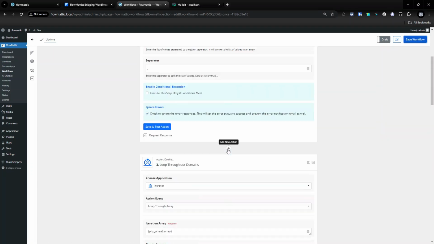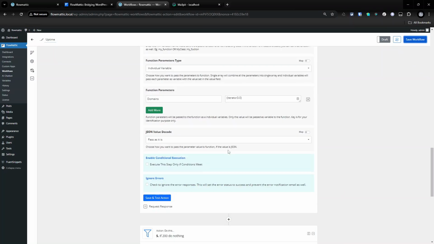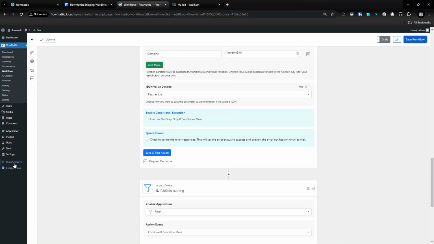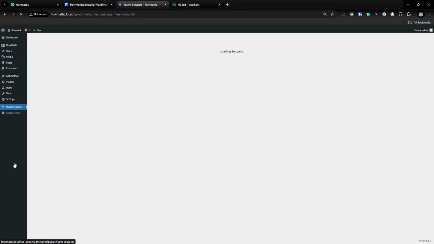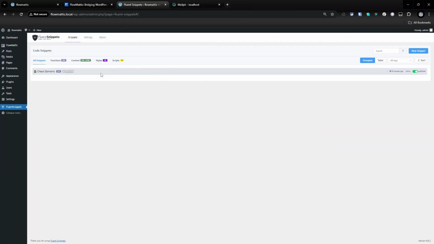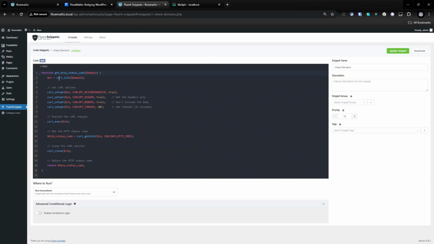So yeah, that's the flow really. It's very, very simple in Fluent snippets, and it doesn't have to be Fluent snippets. I usually use WP Codebox, but I wanted to keep this as free as possible. Other than FlowMattic, I wanted you to use as little premium or no premium plugins, in fact, as possible to